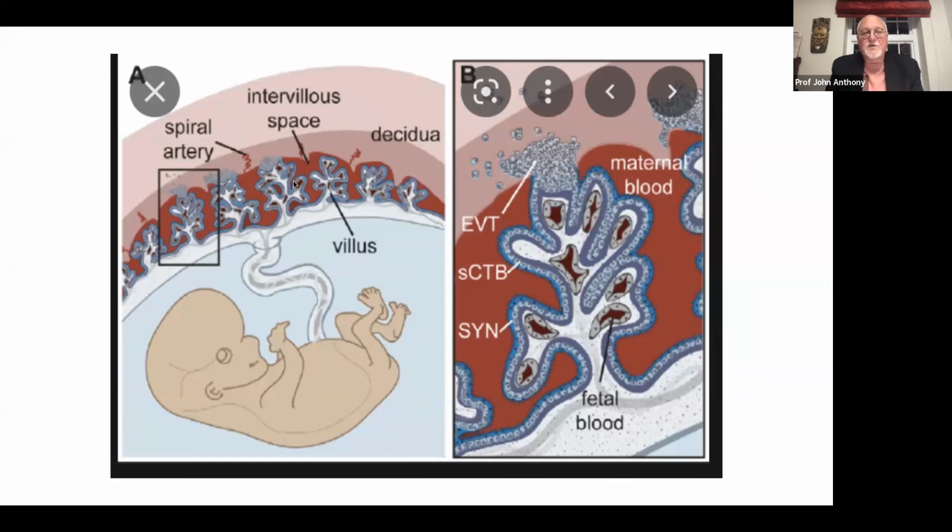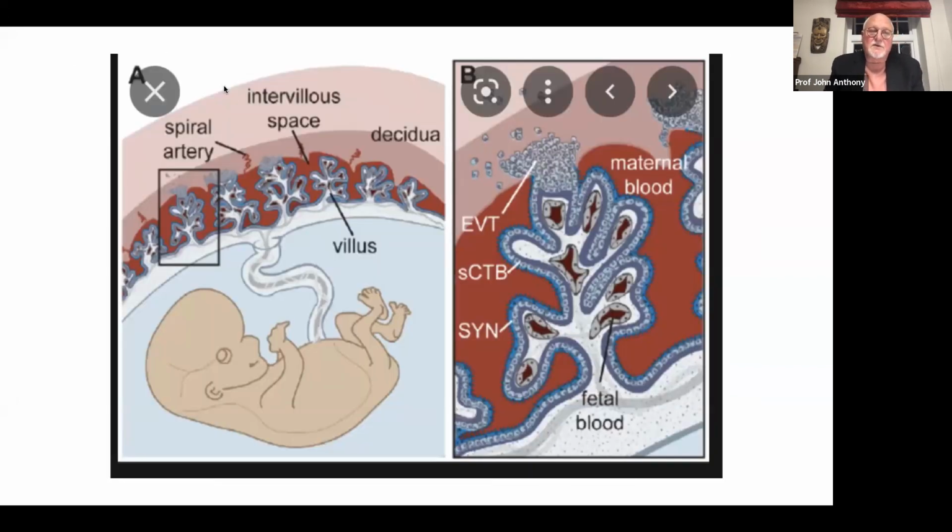And floating in this choriodecidual space, much like the fronds of a seaweed, are the villi, the placental villi, through which the baby is pumping blood. So the gas exchange is taking place from the maternal blood across the wall of this villus into the fetal circulation and going back through the umbilical vein into the baby to keep the baby oxygenated. And the problem in labor